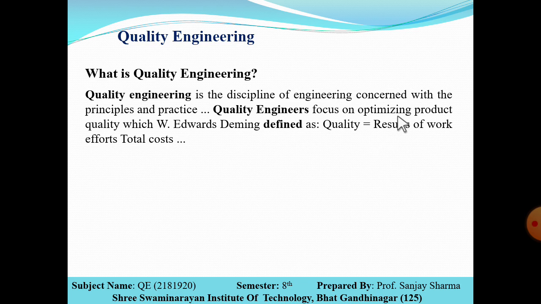It should satisfy the manufacturer, and it should also satisfy the society, and only then is that particular product termed as quality. So the management guru W. Edward Deming says that quality is the results of work efforts over total cost. So whatever output results we get with our effort, that should be equal to the total cost borne by the